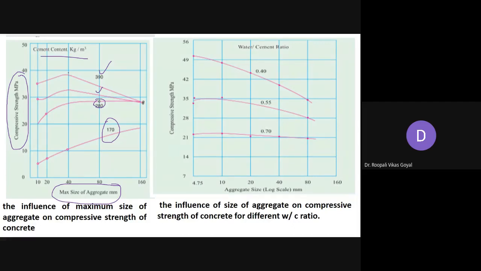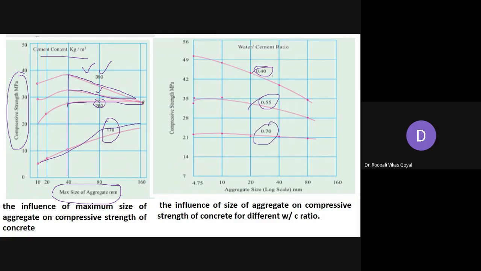So you can see this range of size of aggregate, beyond which in the rich mix there is a decrease in compressive strength. The richer the mix, the more its strength goes down. So in all these three mixes there is a decrease in compressive strength, while in the case of this lean mix there is a continuous increase in compressive strength. And that's why it is said that in lean mix you can go for the bigger size aggregate but not in rich mix. Similarly, here for different water cement ratios, say 0.4, 0.55, 0.7,